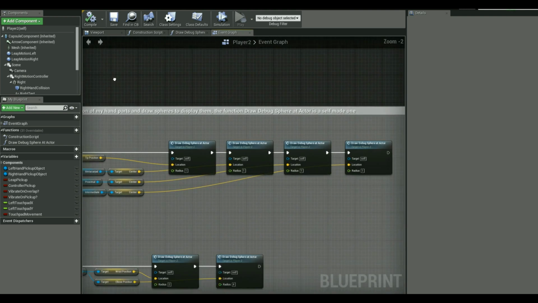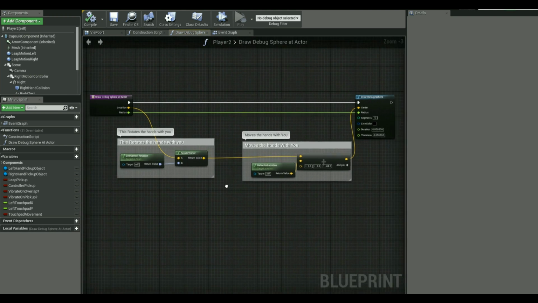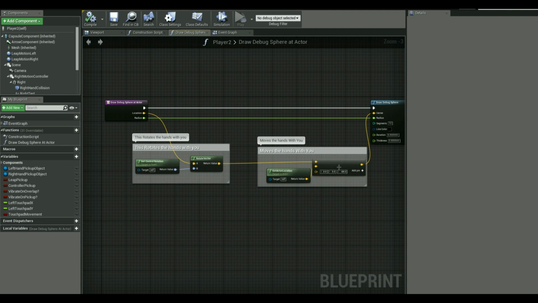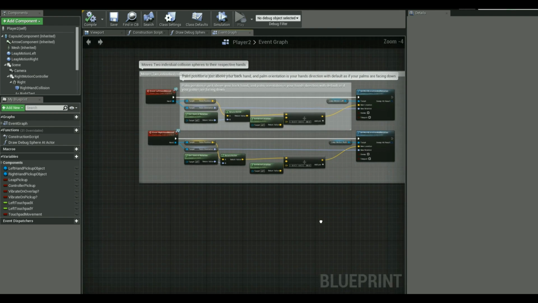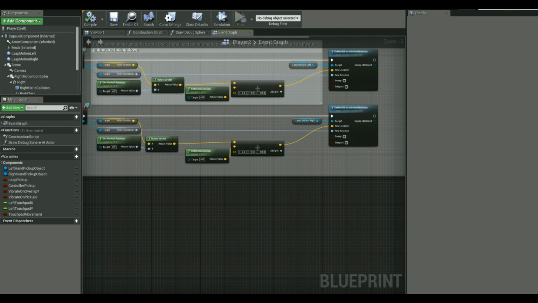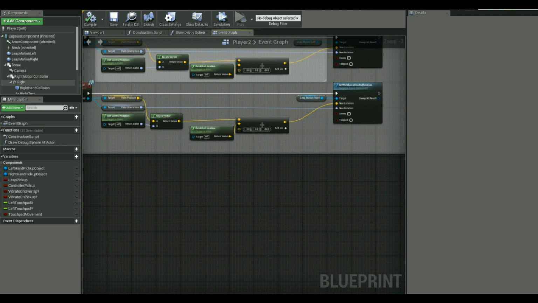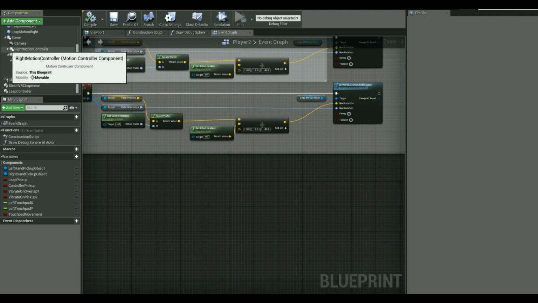is from the function that I made first off, that tracks you with the position of your hands. And for some reason, I decided to just overlook that little fact when I was moving the collision sphere. So that's why they've been kind of out of the way, per se. Another thing that I've done is, so over here,